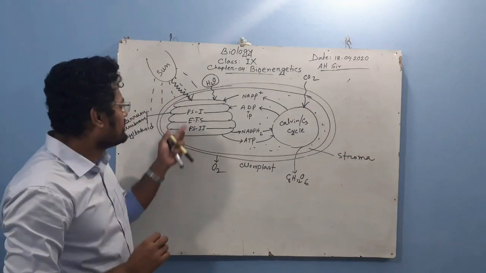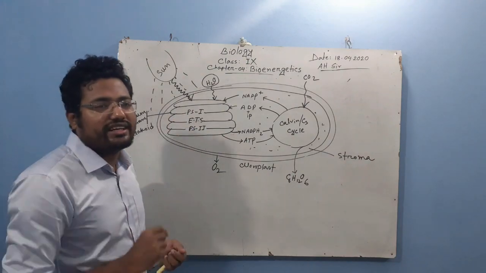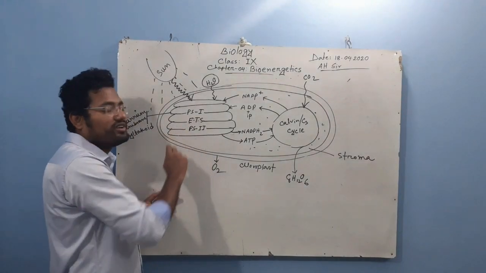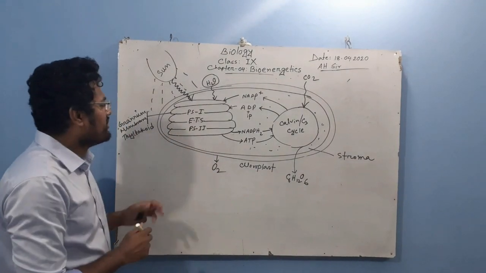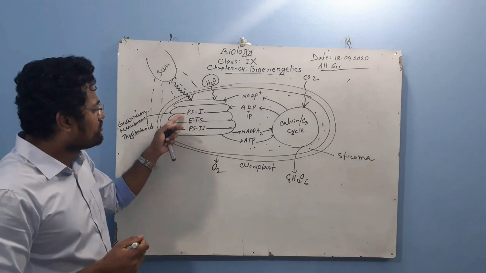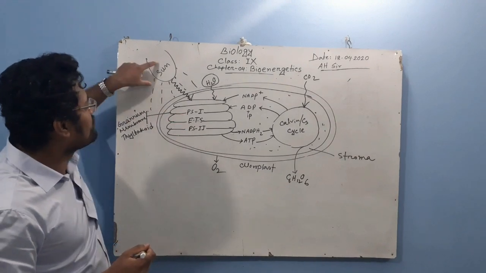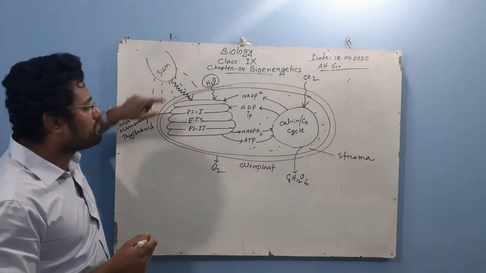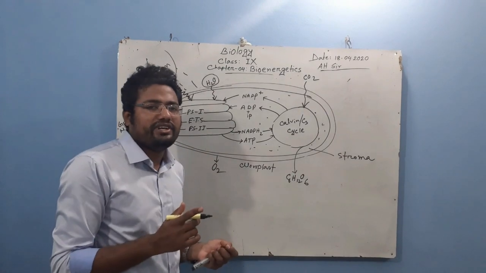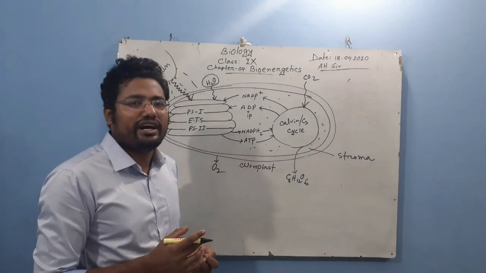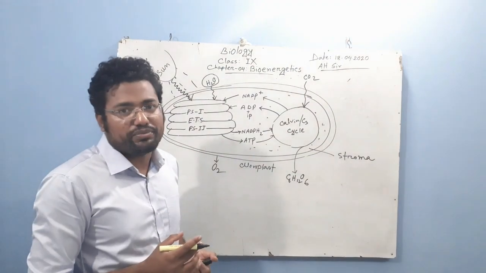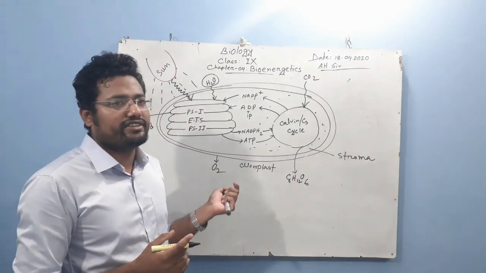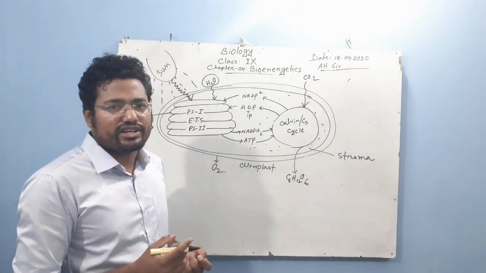In short, these two photosystems are attached by a chain called the electron transport system. In the light phase, both photosystems absorb solar energy, light photon energy, and by this energy, ADP accepts one molecule of inorganic phosphate and creates ATP. This process is called photophosphorylation. In the light phase, photophosphorylation occurs.